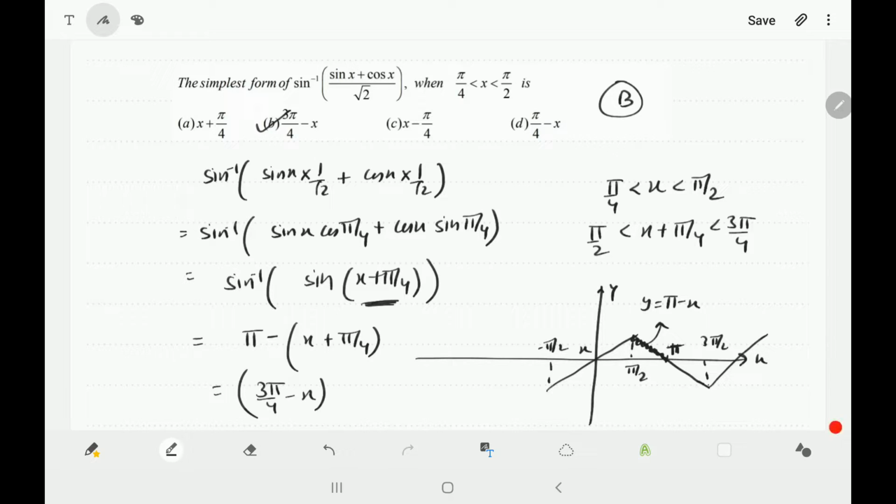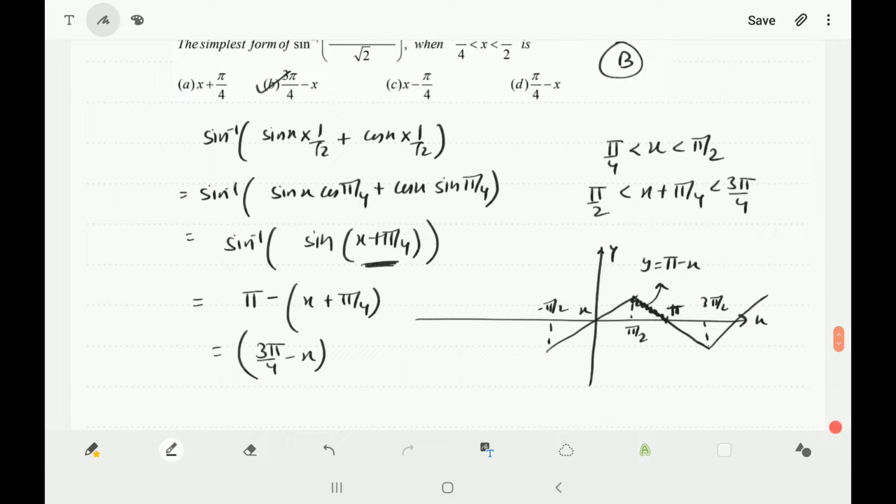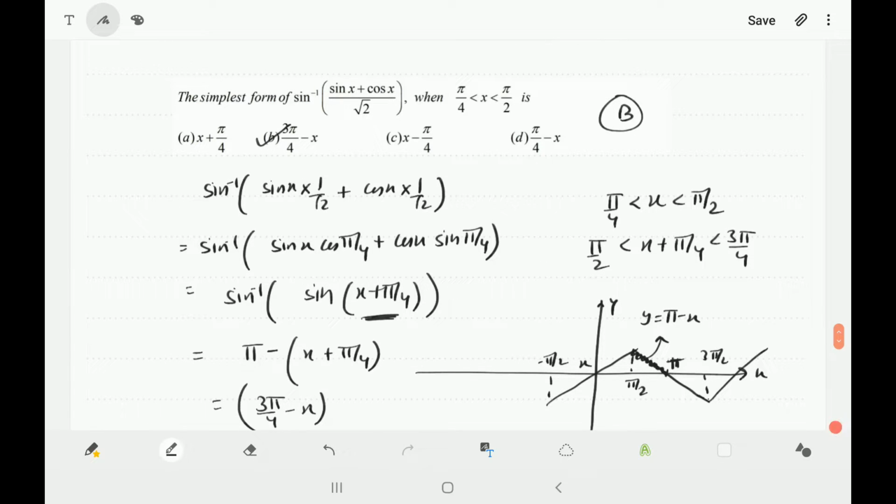If inside sin inverse of sin theta, theta is not in PVB, you have to check using the graph of sin inverse of sin theta. Suppose it is tan inverse of tan theta and theta is not in PVB of tan inverse, then you have to draw the graph of tan inverse of tan x. So just remember this thing. If theta is in PVB, then it is very simple. If it is not in PVB, then you will be drawing its graph. So the answer for this problem is option B.